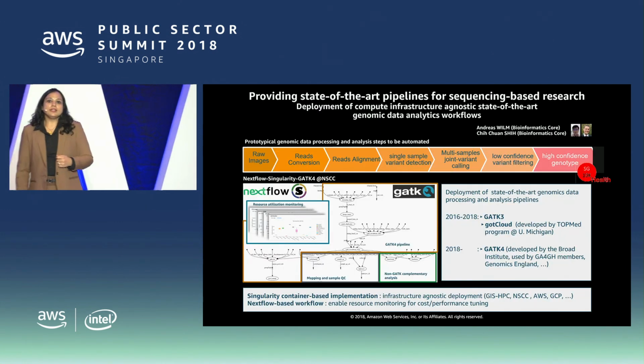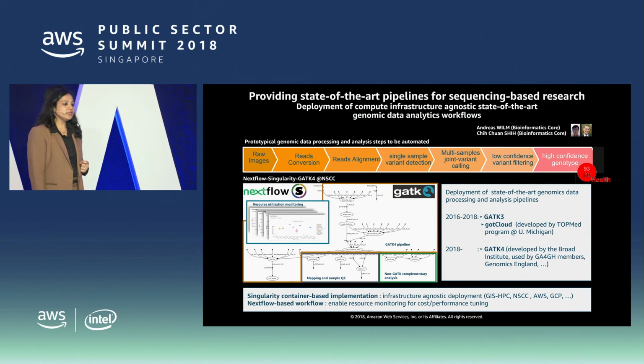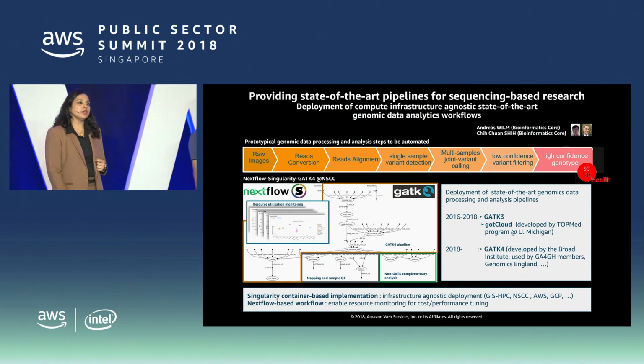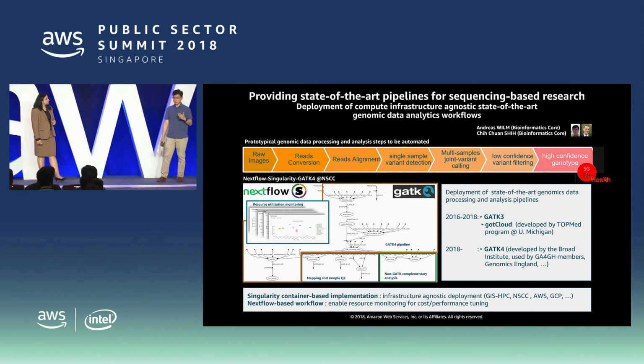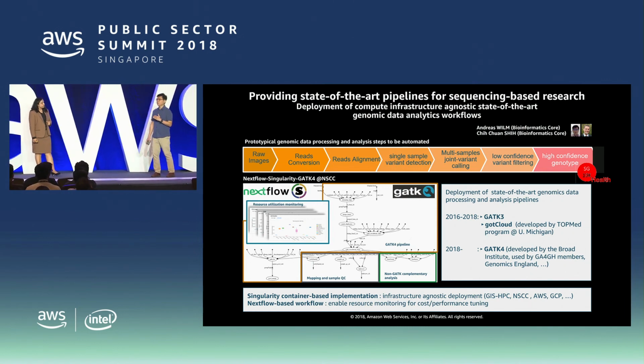So this gives you a very quick overview of how it runs and how the instances are automatically provisioned and stopped. Let us go back to GIS and understand from them how they have been using Batch and what they are doing with it. Right, so like I said, that worked pretty well for us, and we have since applied it to quite a number of projects. The one you see on the screen is just one such example.